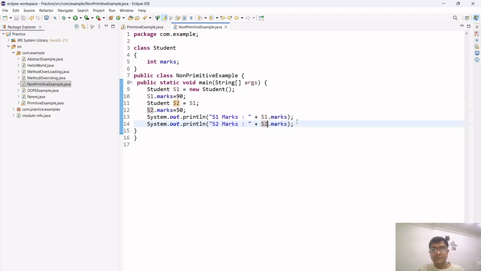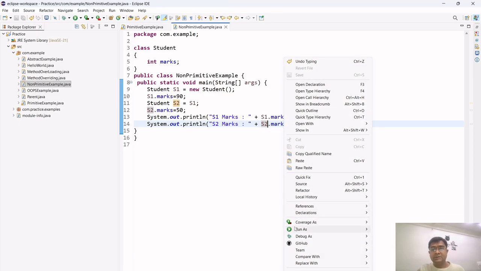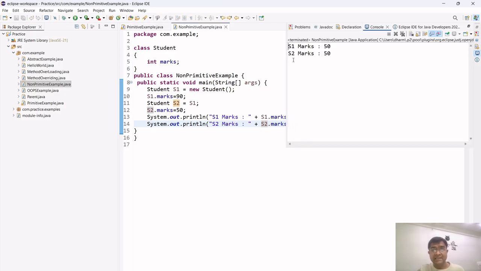Any guesses? Now let's run this program here. I'll say run as a Java application. Now see, it's printing s1 marks is equal to 50, s2 marks equal to 50. Now this is the key point here, that